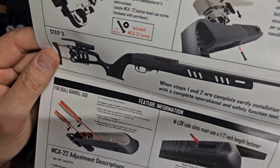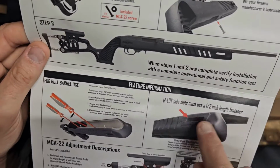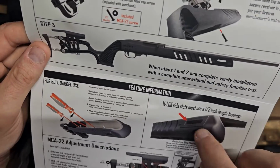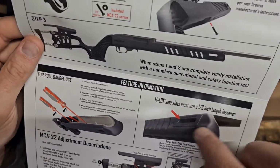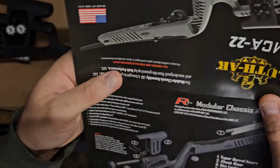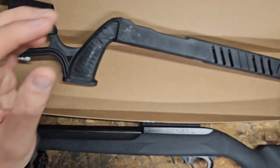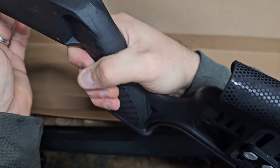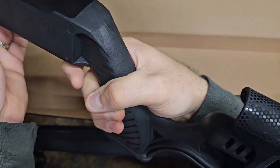So that's pretty nice. And then M-LOK slots must use 1/2-inch length fastener, so just remember that if you're wanting to put M-LOK stuff on the side of there. But overall, it seems pretty self-explanatory. It's not overly complicated. Like I mentioned, I do like the pistol grip on this. I think that's going to bode very, very well